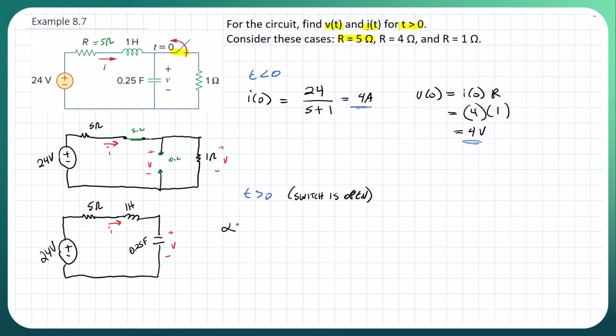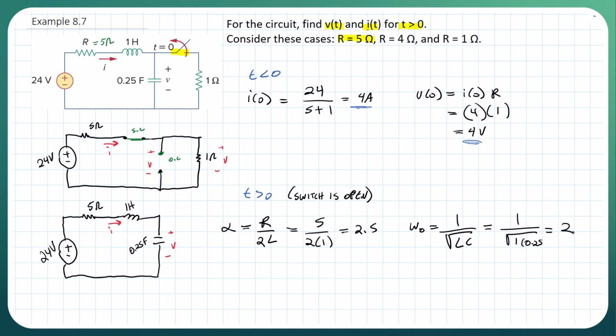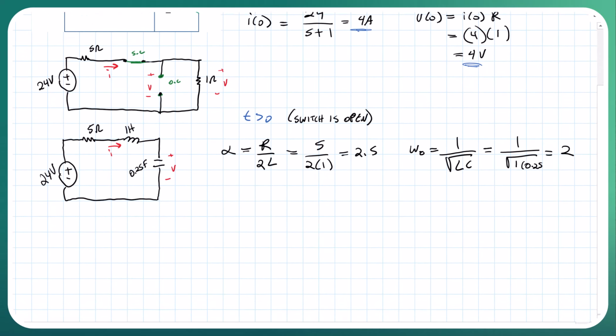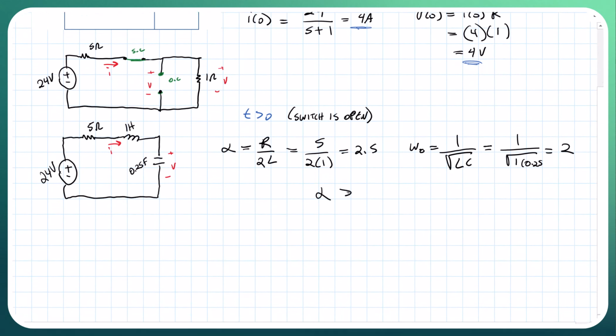So alpha is going to equal R over 2L, so it's going to be 5 over 2 times 1, which is going to give us 2.5, and our omega naught is going to equal 1 over the square root of LC, which is going to be 1 over the square root of 1 times 0.25, and that's going to give us 2. Okay, so the relationship between these two is our alpha is greater than our omega naught. Okay, so that means we are overdamped